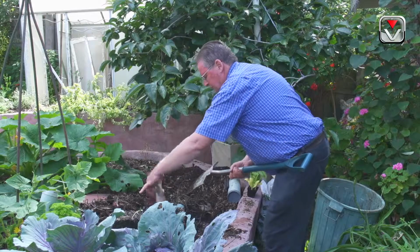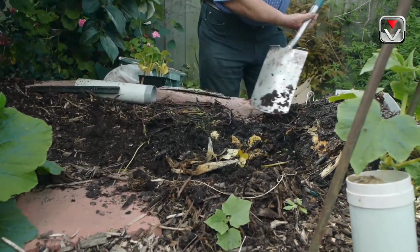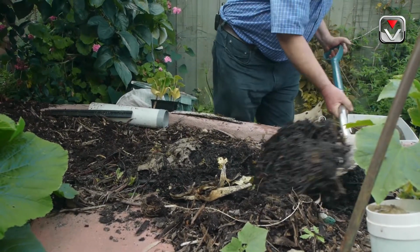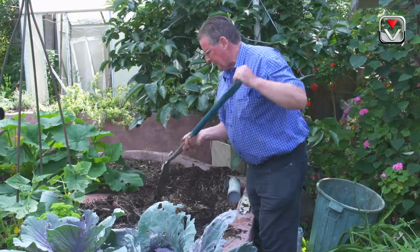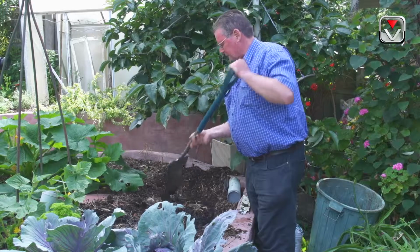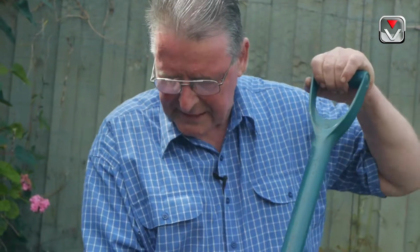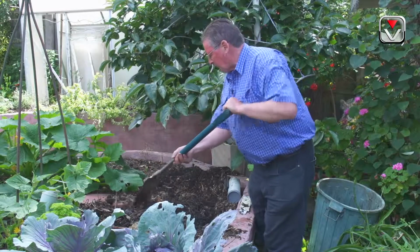And all I'm going to do is retrieve my breathing devices, and I'm just going to push this material down onto there, and I'm going to pull the next layer of this across. And even though that's only partially broken down, zucchinis and pumpkin like the material when it's very raw like this. So what I'm doing is I'm just putting this down as a nutrient loading in the bottom of the bed. And then what I'm going to do